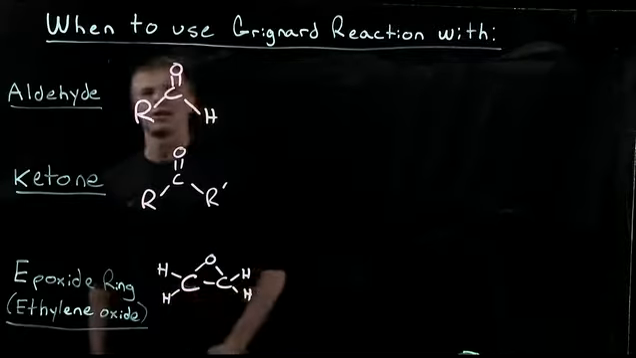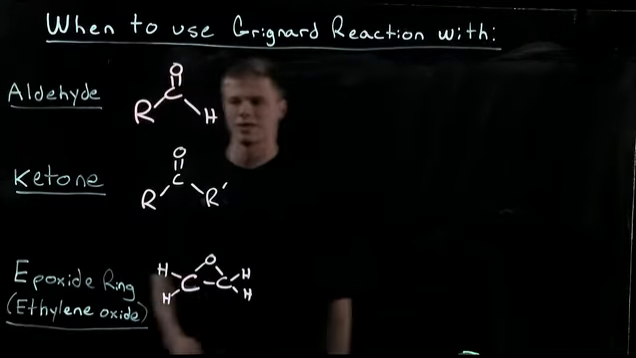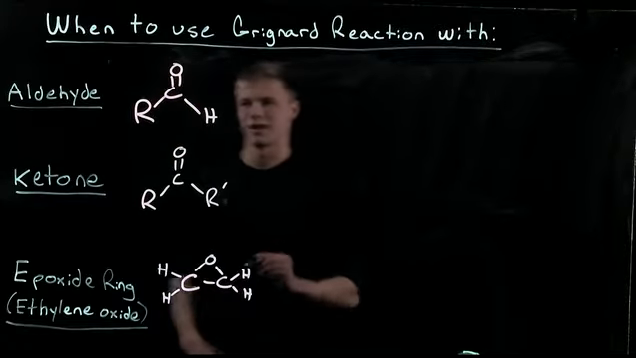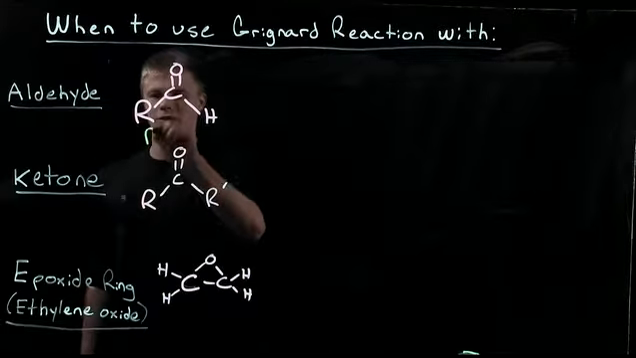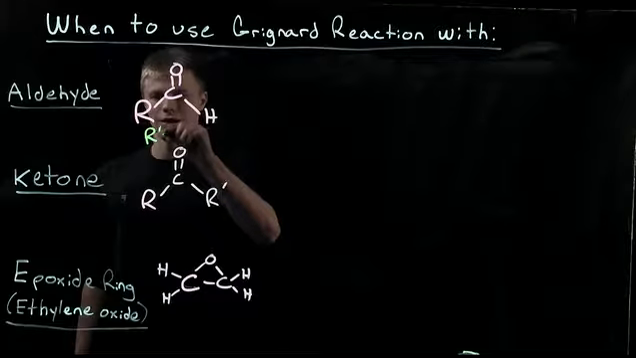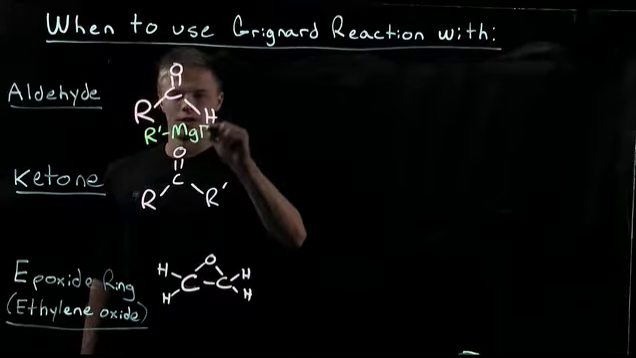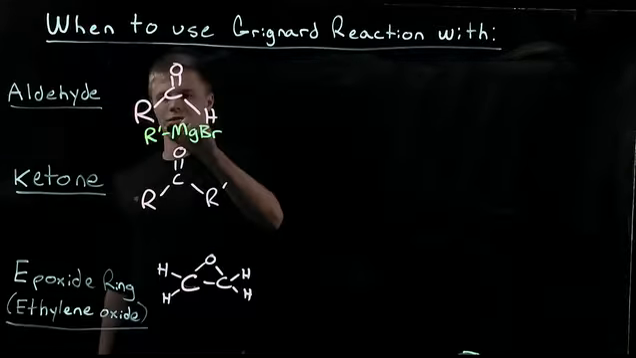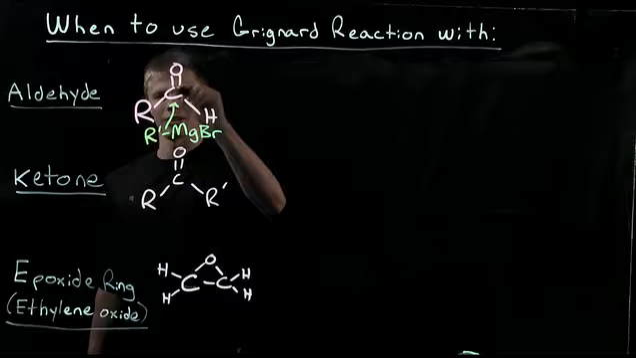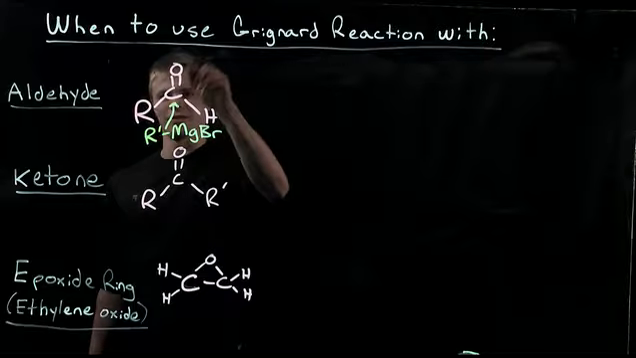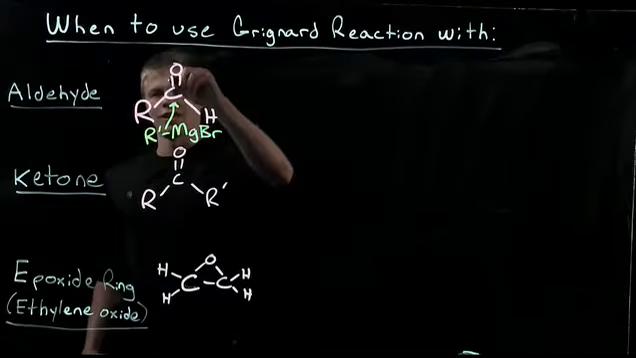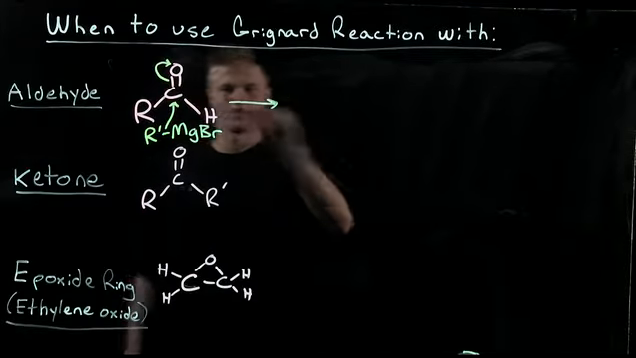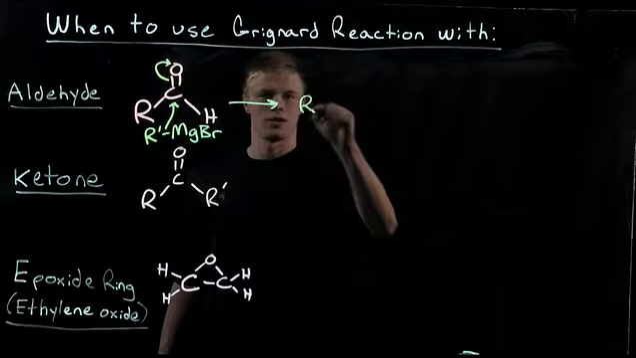Alright, so today we're going to talk about when to use a Grignard reaction with an aldehyde, ketone, or epoxide ring. So we're going to start with the aldehyde. First thing we want to do is add our Grignard reagent, which is any R group with the MgBr. So these electrons are going to start by attacking the carbonyl carbon, so that's the C with the double bond O attached to it. Then this is going to kick up onto the O, which will give us our first intermediate, which is